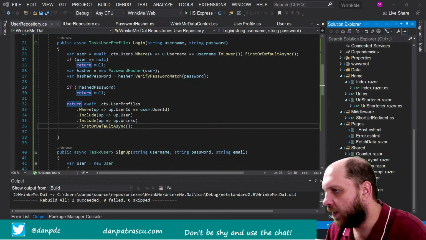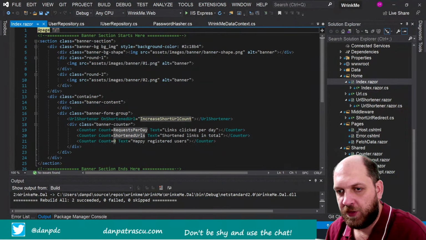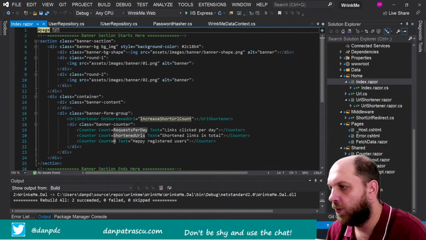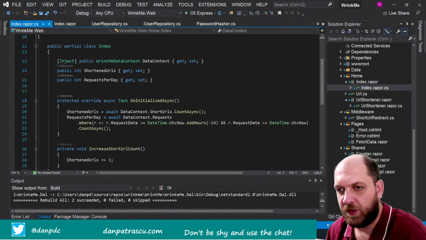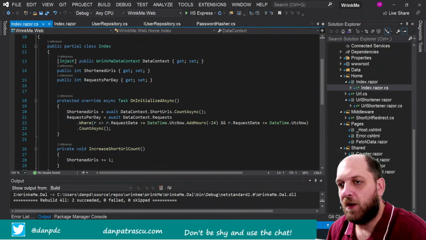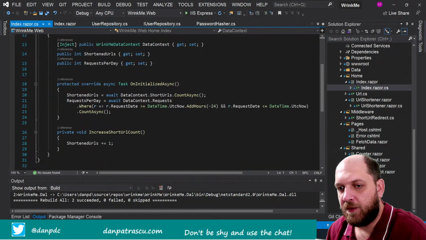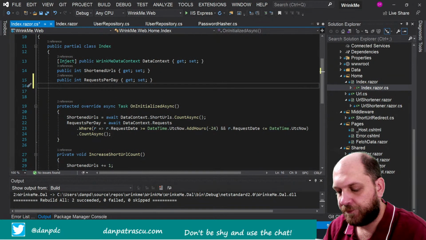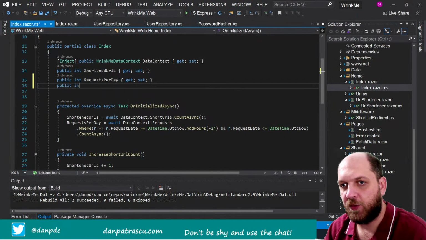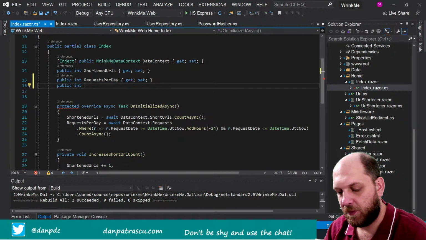So this should be here in this Index.razor, and here we see that the count for the counter is actually 0. So we actually need to implement that. Of course, it still gives us this error, but in this case it just disappeared, so this is okay. The way we could do this is actually very easy. Let's have a public int RegisteredUsers,